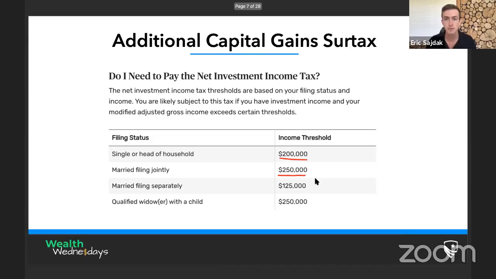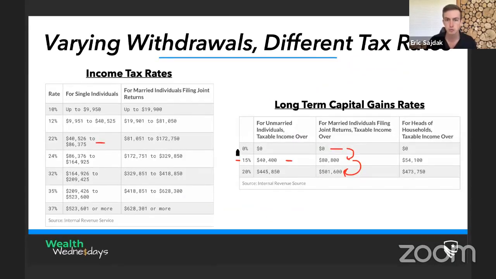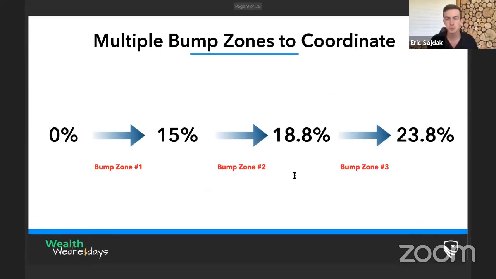Okay, so before, if we go back up, we saw there were three increases. There's also a middle increase in here as well, where you have to tack on a 3.8% tax. So it's actually 0%, 15%, 18.8%, and then 23.8%. Okay, and this will make sense here in a sec, but essentially there are now three different bump